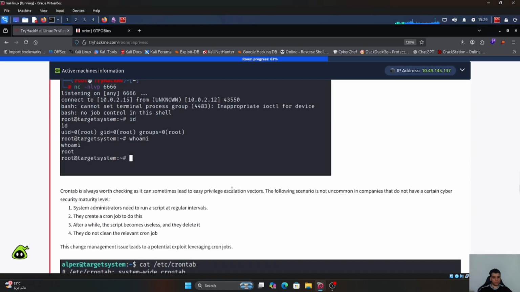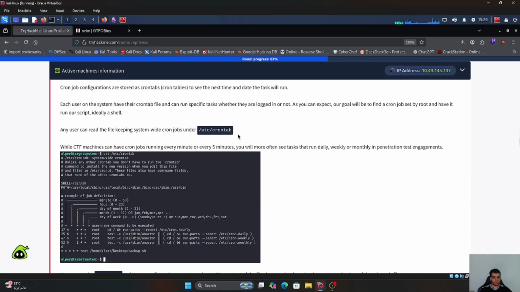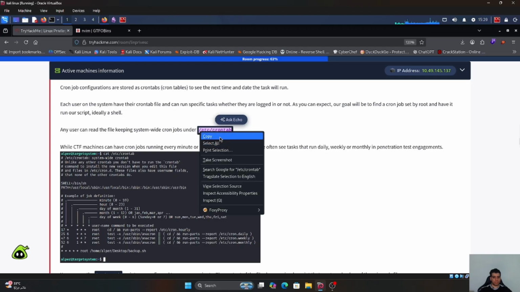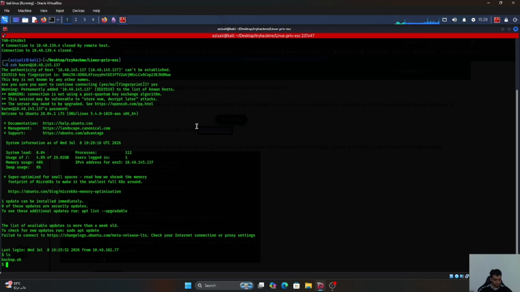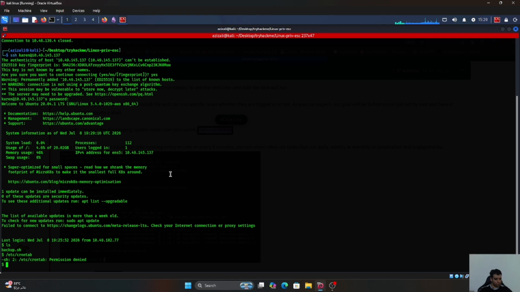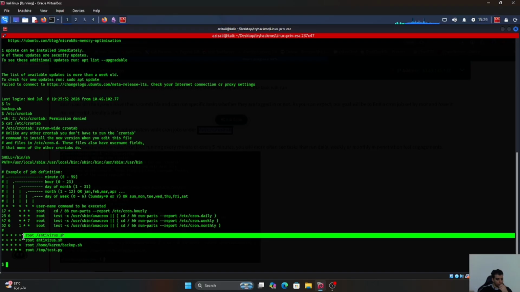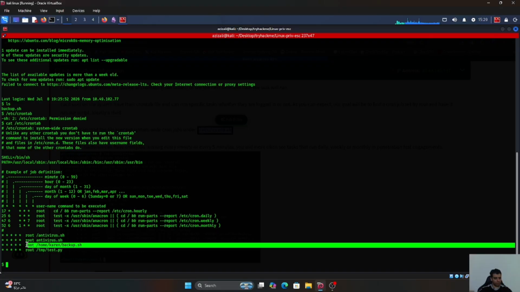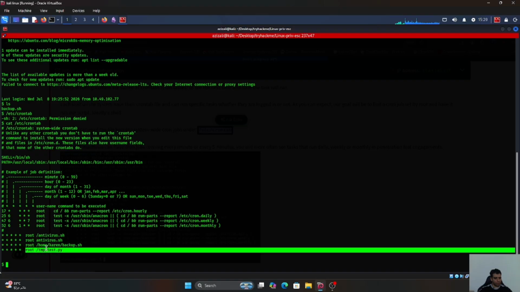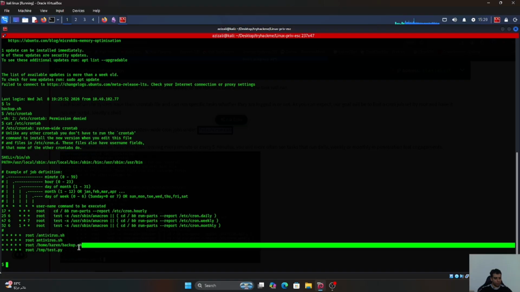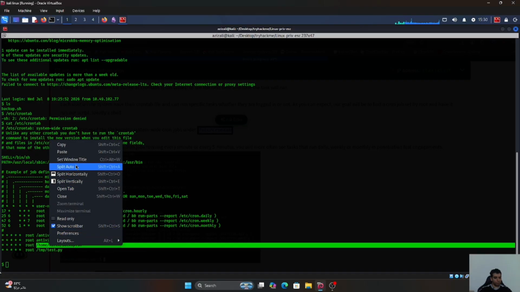Okay, so just cat crontab, was the same. Can run the antivirus.sh, modified antivirus on the home kernel backup. Also TMP test. Okay, so this one